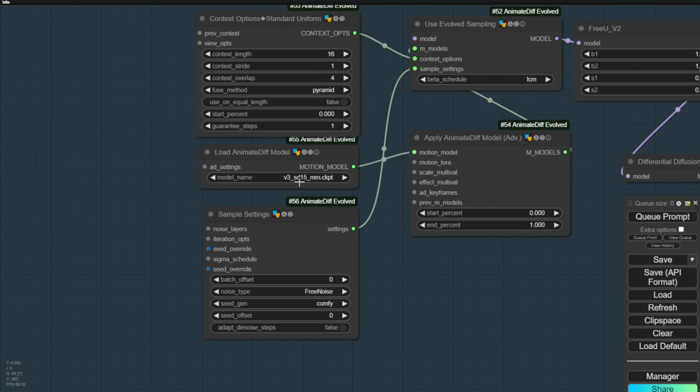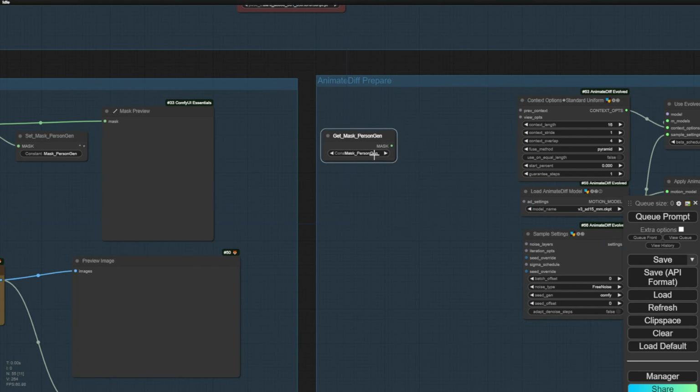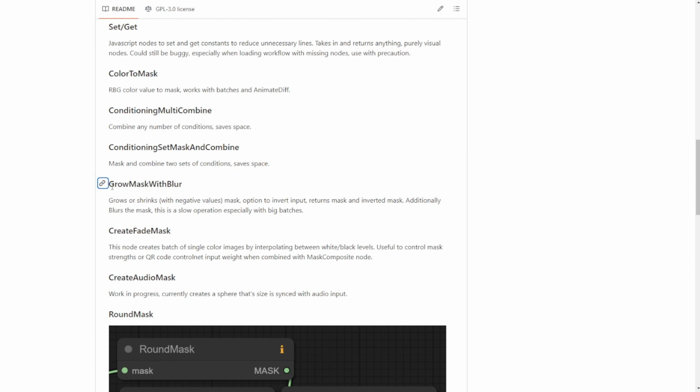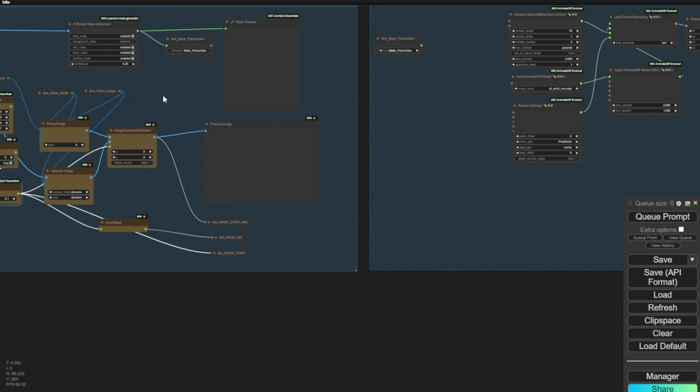And the next thing is we have to receive the mask from the segmentations here. So like this one, let's try this one. The person mask generator will have that mask gen person, and we've got to use the JK Nodes grow mask with blur. This is, well, just the same concept as here, as we have the mask grow and mask blur. That's the same concept.